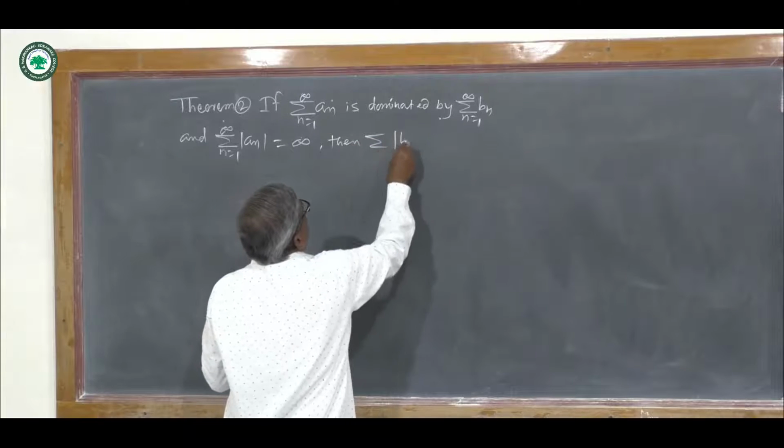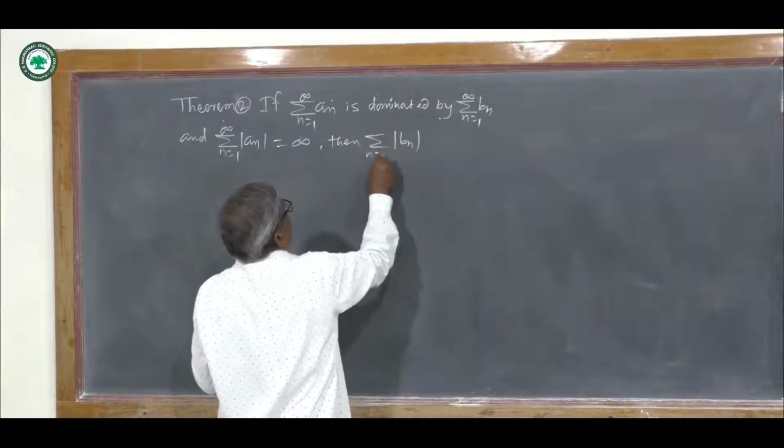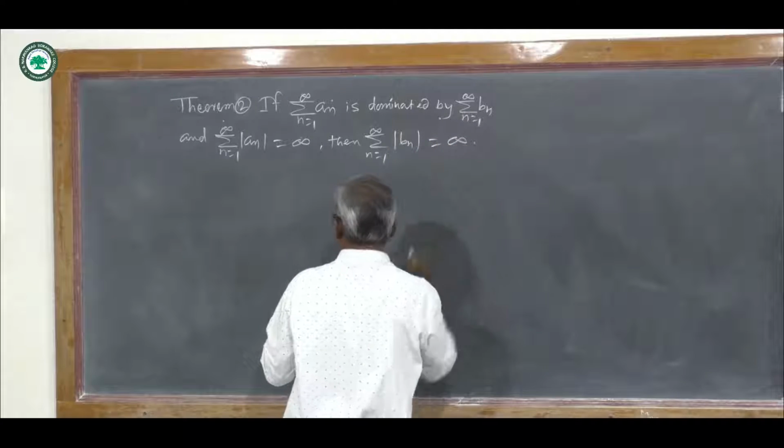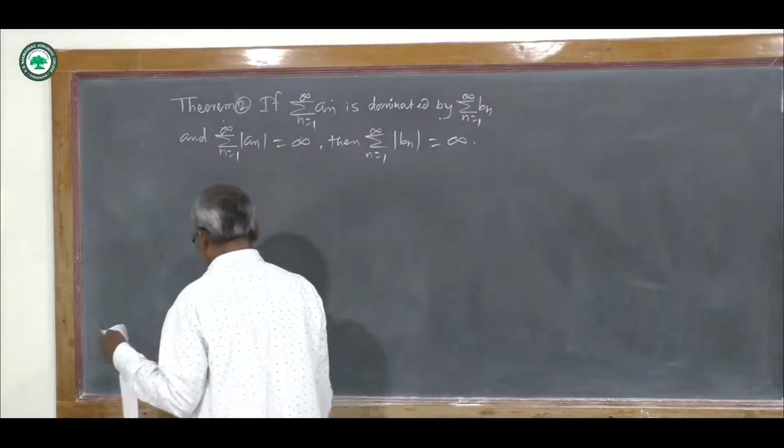Sigma mod bn, n equal to 1 to infinity, is equal to infinity. That is,